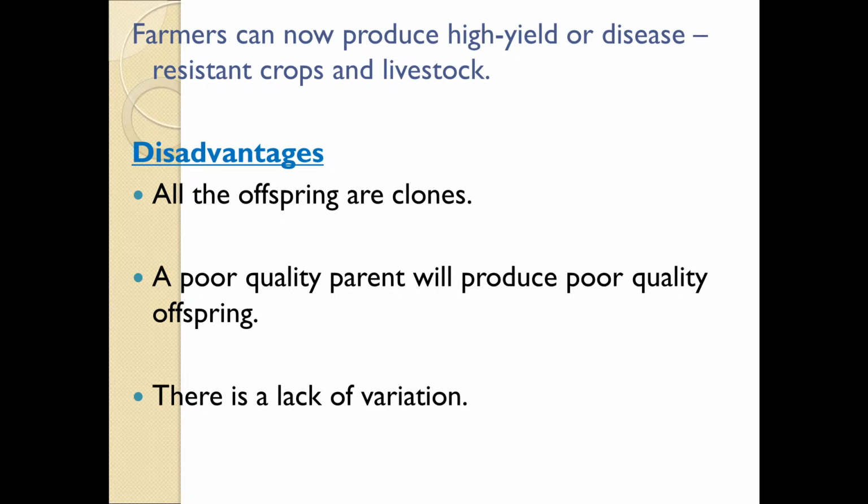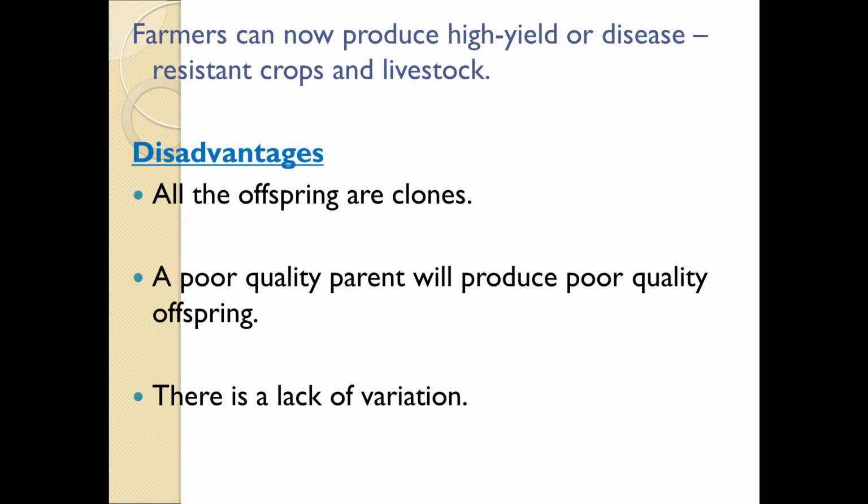Likewise, for sexual reproduction, there is no guarantee that all of the offspring or all of the newborn will be the same. There will always be differences, or what is known as variation. So as for advantages and disadvantages, for sexual reproduction there is normally what is called variation. That simply means that if a man and a woman have 5 kids, then they are different in 5 different ways. So that is what is known as variation.